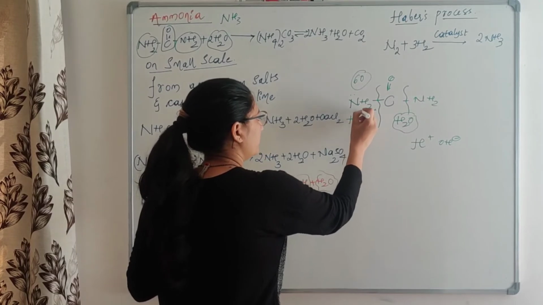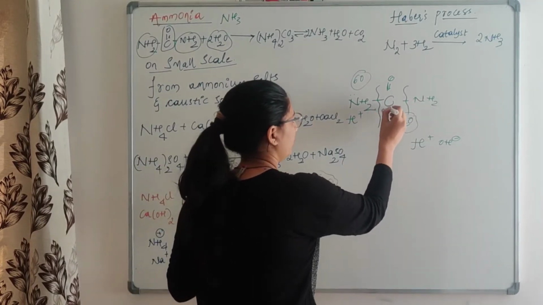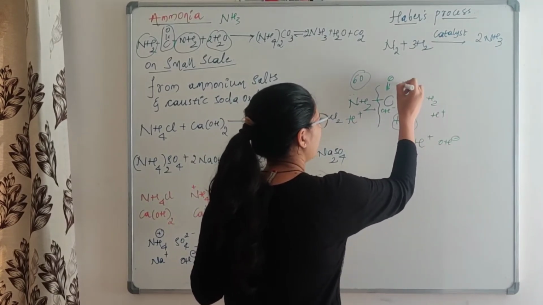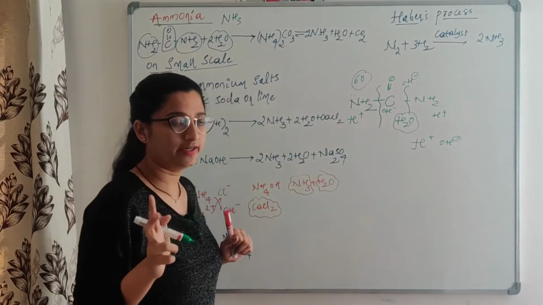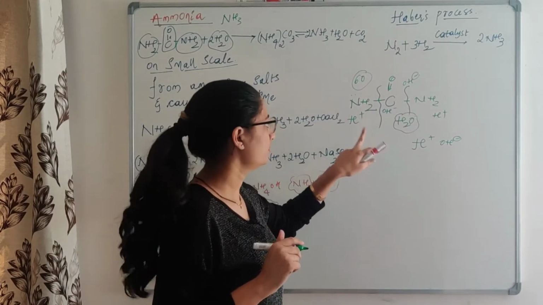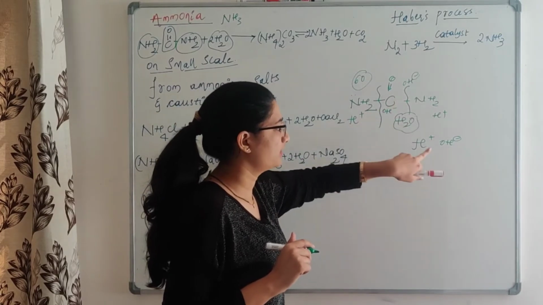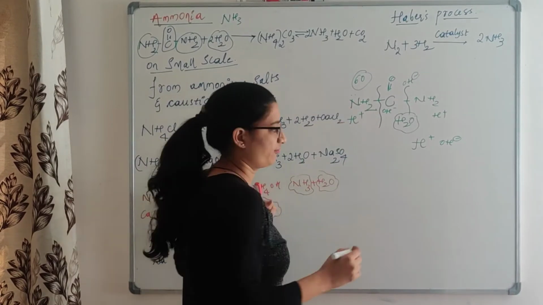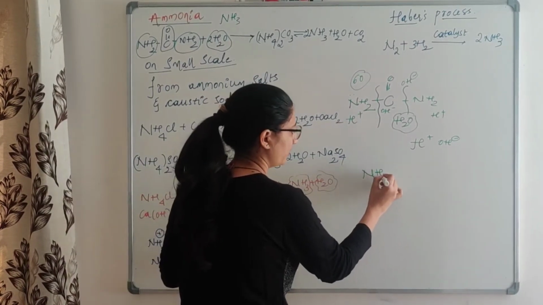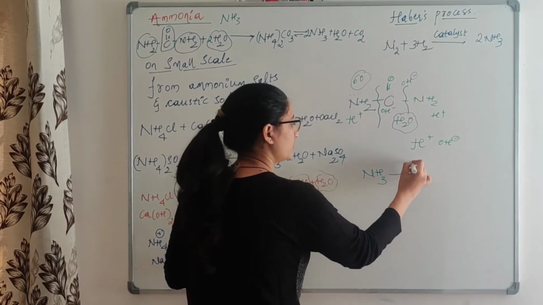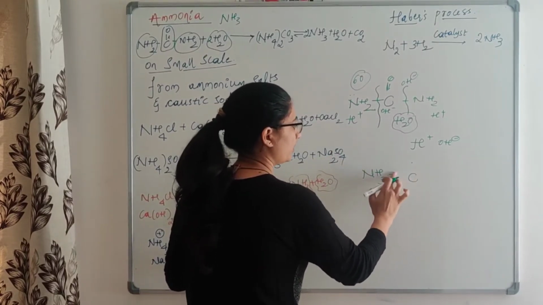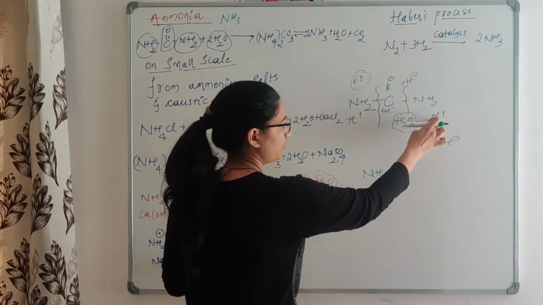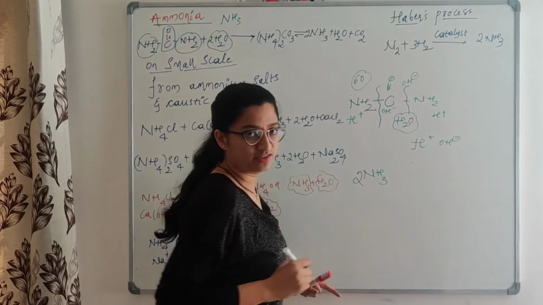So H plus here, OH minus here. I am breaking this. So H plus here and OH minus here. So two molecules of water I have used: H plus here, OH here, and another molecule H plus here and OH minus here. Already NH2 is there, and if I add one more H plus, it becomes NH3. I am breaking this one too. So you got NH2 and H plus, NH3 here, and one more NH2 and H plus. So two molecules of NH3 you got.